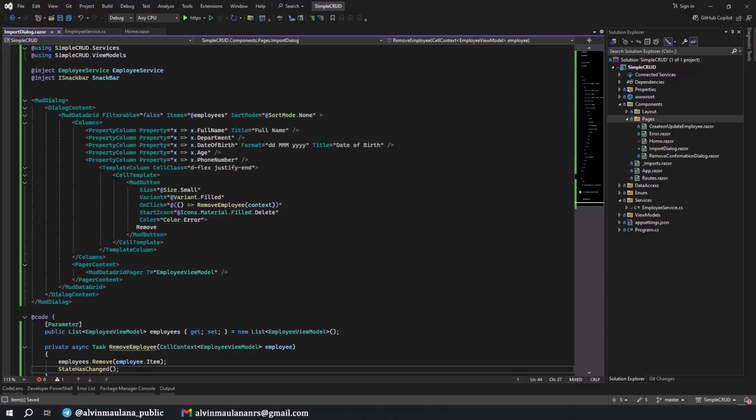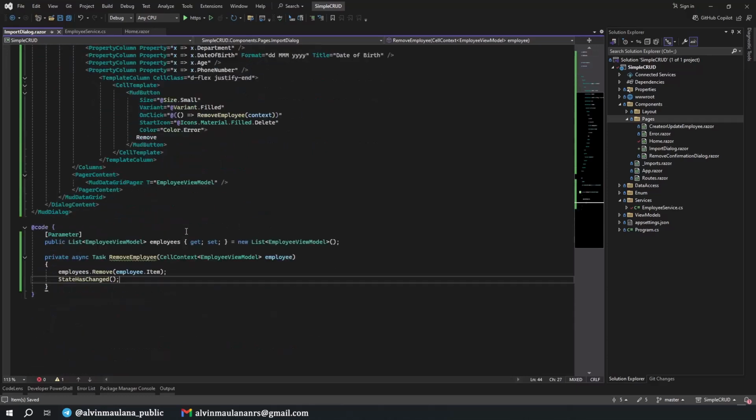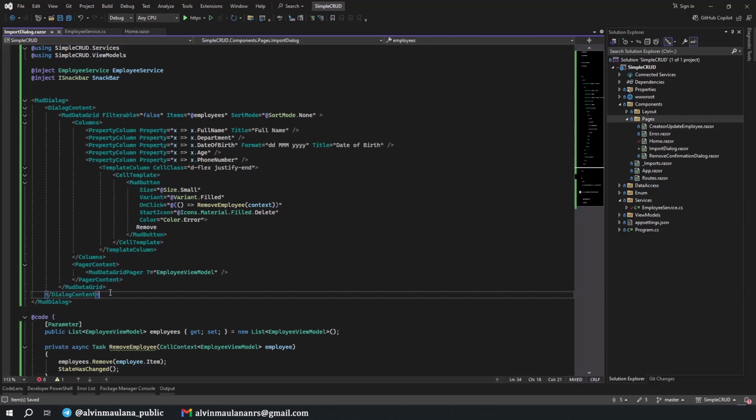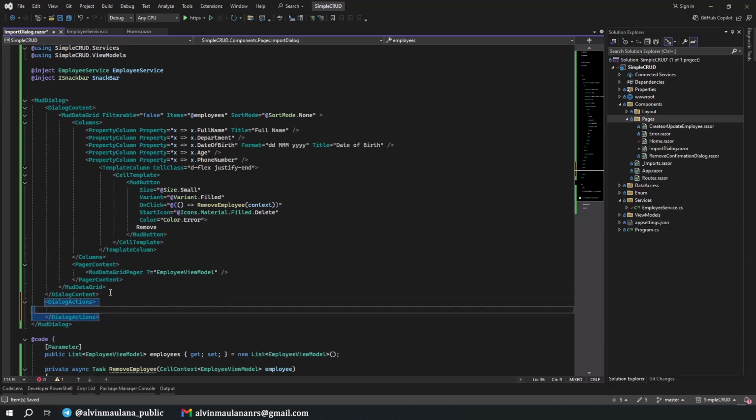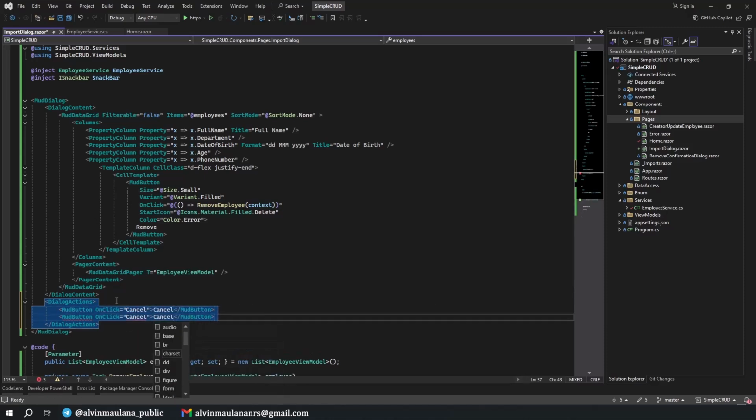And then we also need to have a function to import and cancel the dialog. So we'll have on here DialogActions. We'll have two buttons in here, MatButton, on click, Cancel, and then duplicate it.